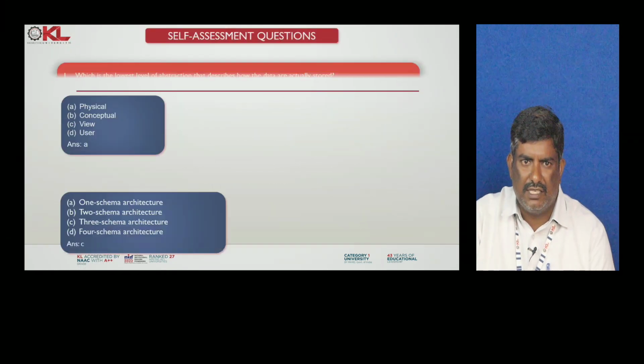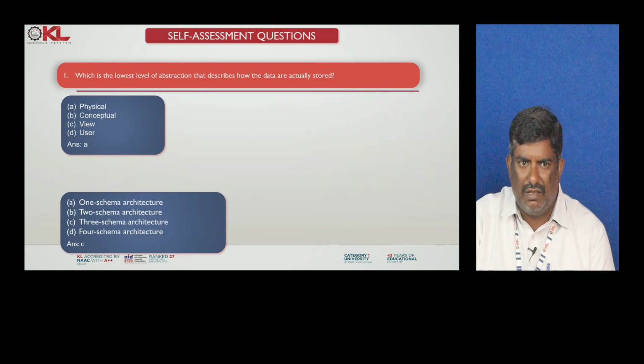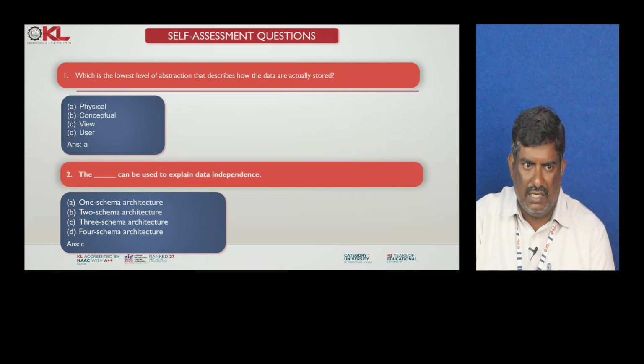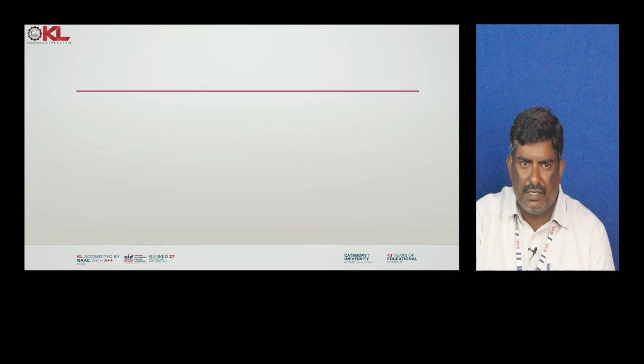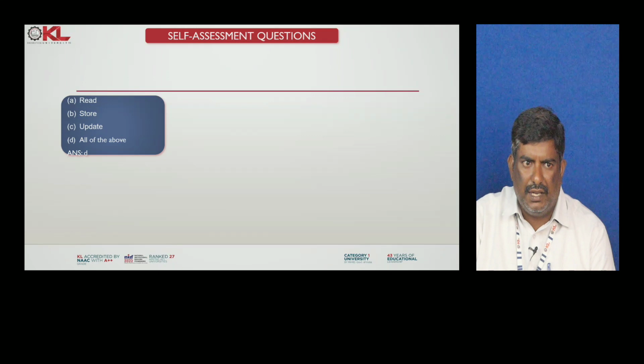These are all the self-assessment questions. What is the lowest level of abstraction? That is how the data are actually stored. That is the physical level completely. The dash can be used to explain data independence. See the 3 schema structure. And next one,